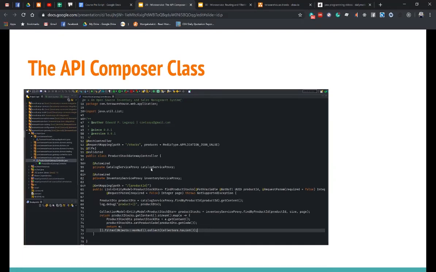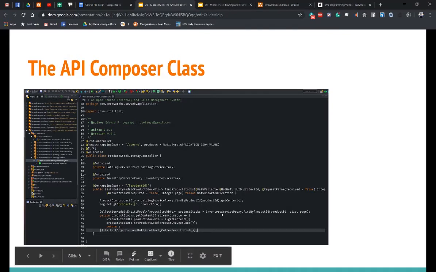How is this a composer class? It's because we have two microservices here that call data from their respective services. The first one is about the product, so catalog service proxy that find by product ID. This one returns the product, and this one returns a collection of product stock from inventory service. It returns a list of product stock filtered by product ID,